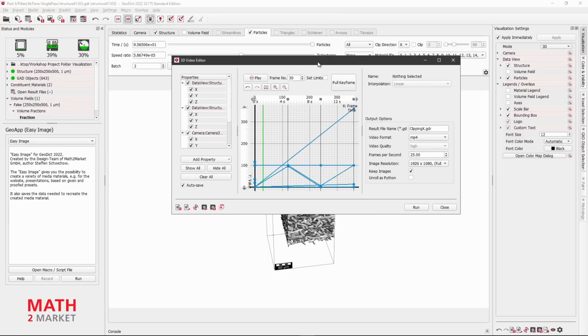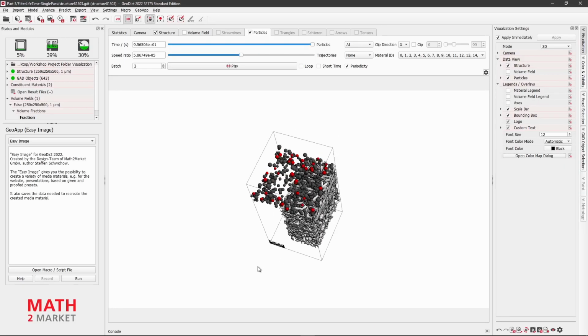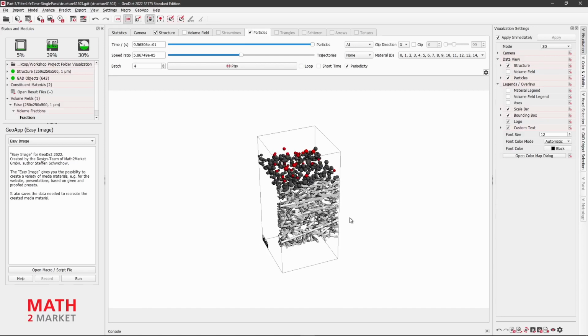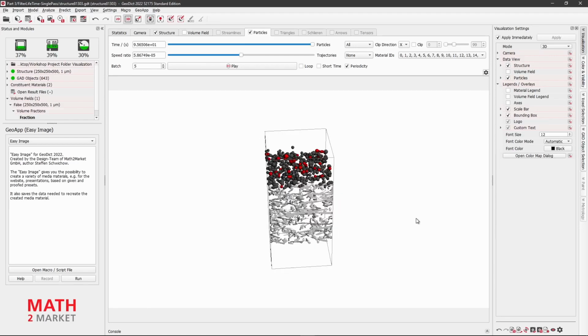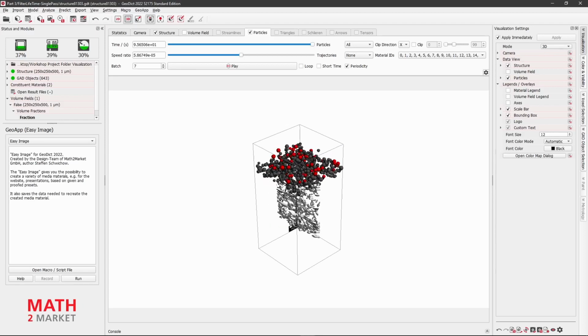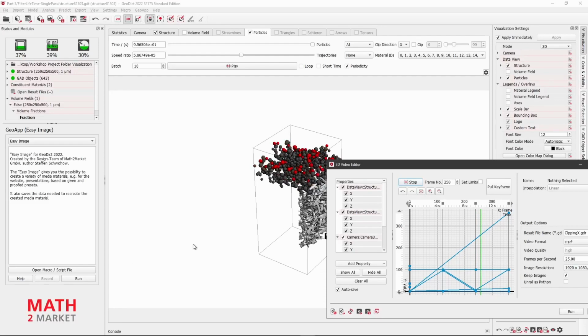We can test this by replaying the animation, moving the video editor aside and rotating the camera in the visualization area. We see that we can move the camera initially, but Geodict will always set it back to the given position. We can do the same with other parameters that we want to be hard-coded into the video and not to be changed.